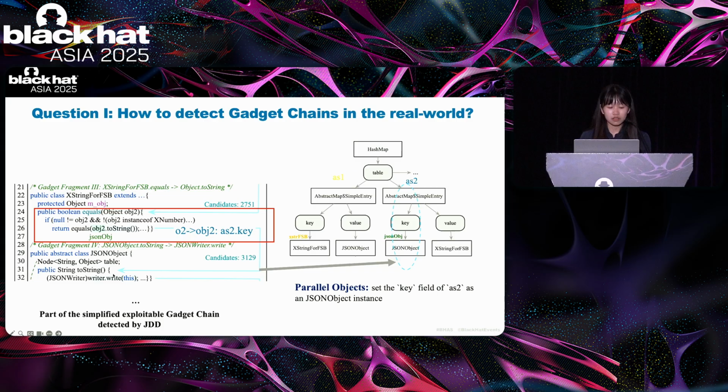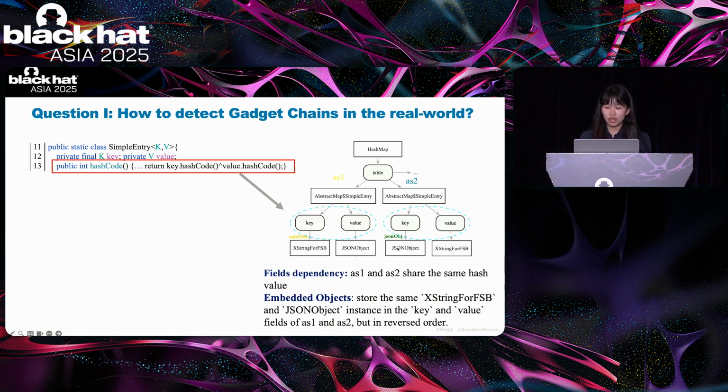And then at line 26, the program will invoke the toString method of the key field of S2. So if we assign this key field as a JSON object, the program will be further induced to jump to fragment 4. And now, let's go back and consider how to make S1 and S2 have the same